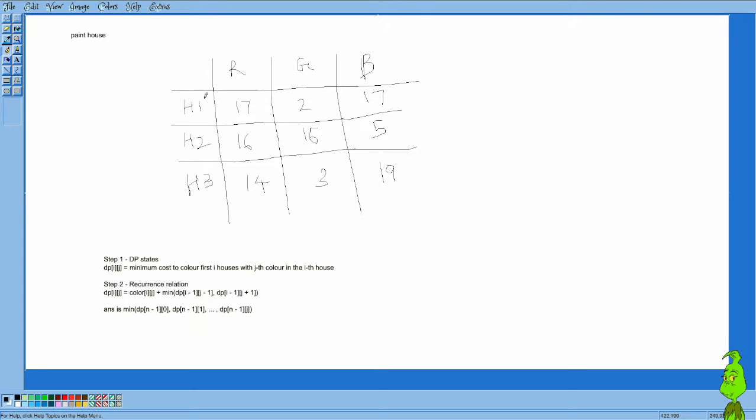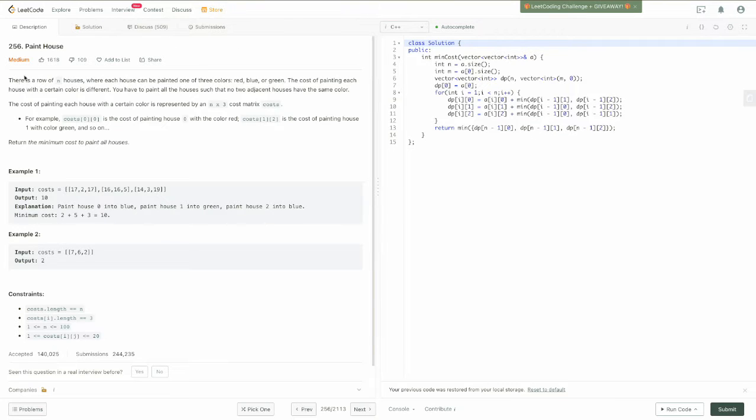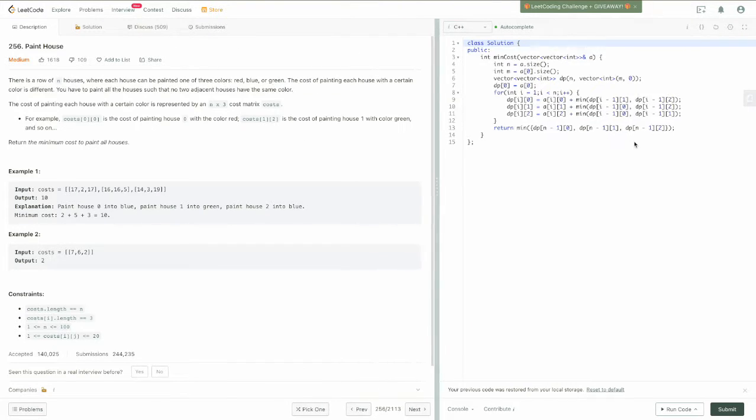a way so that the first house, or like the nth house, let's say this house, if it is colored with color red, then the previous house cannot be colored with red, so it can be either colored with green or colored with blue. Okay, now if it is colored with green, then previous one can be colored with red or blue, like anything but not the same. So two consecutive houses cannot be colored with the same color, in short. Okay, so let's see the problem at first, and I will remove the solution